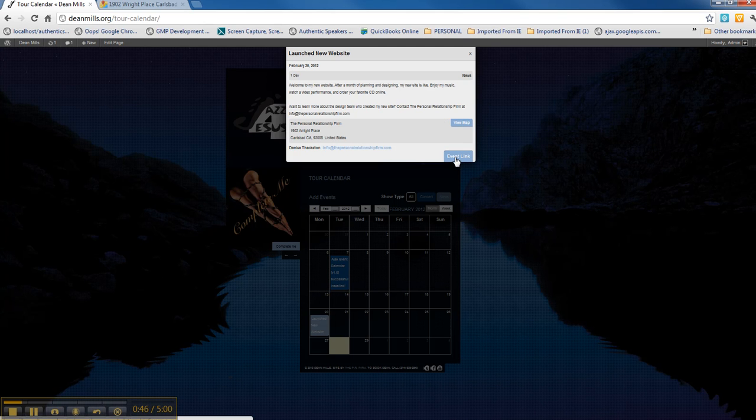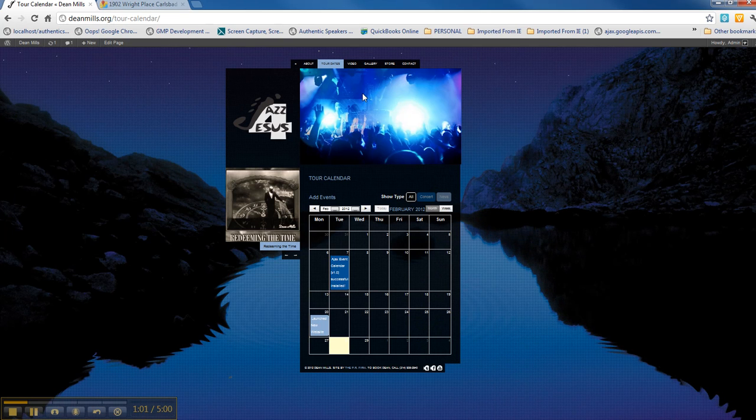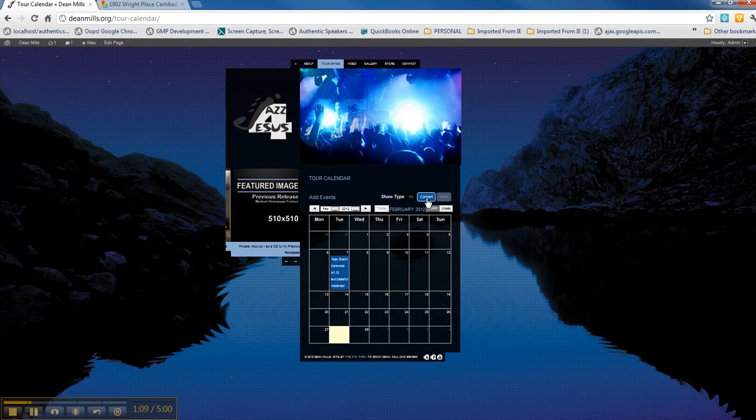Which is really useful for events, or in this case, this is actually just a news announcement that the PR firm added to basically say, hey, we have created this new website for Dean. As you can see, I can scroll over anything that's added. Today's date is automatically highlighted, and I can sort things by the two categories created, which are concerts and